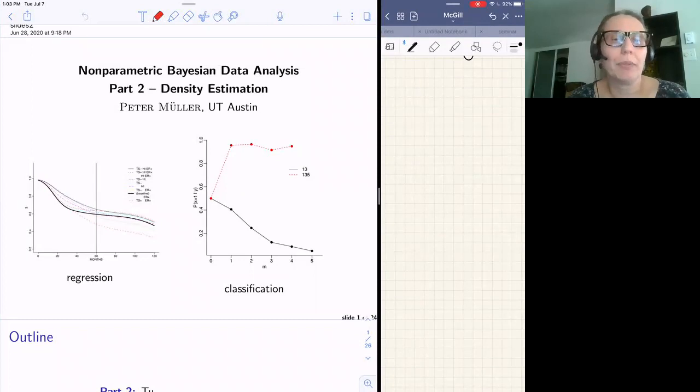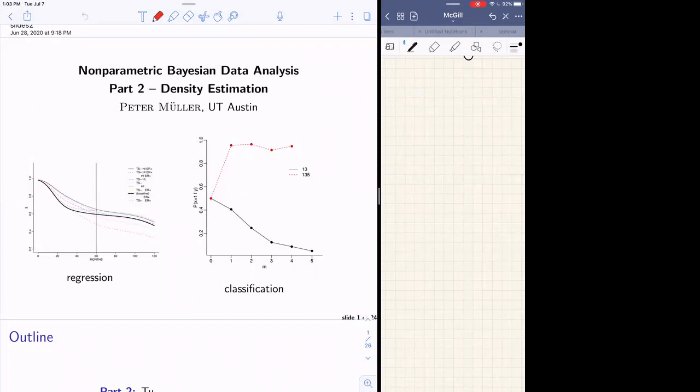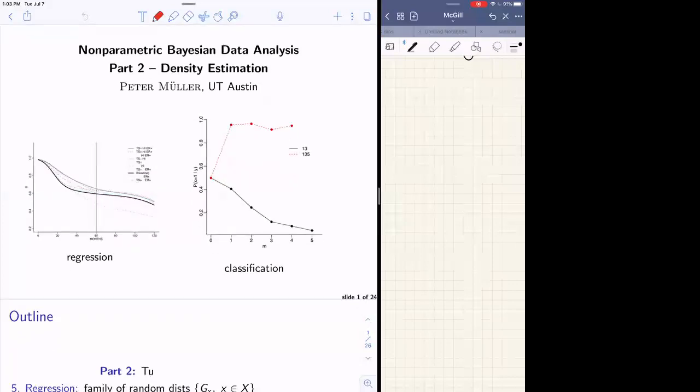Whenever you're ready. Ready to go? Well then, thank you for coming back for the second session. The plan today is to talk about regression. Like yesterday, we talked about density estimation. Today, about regression. And you can already see here in the title slide